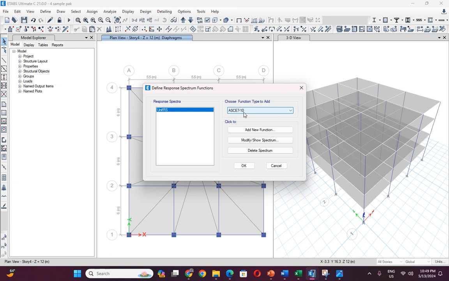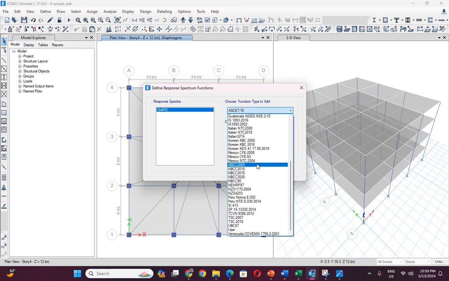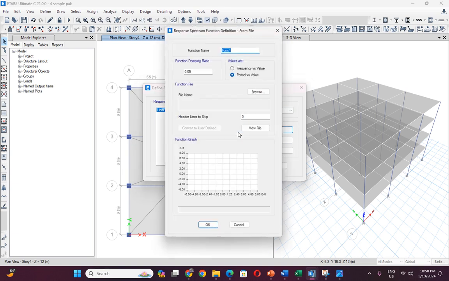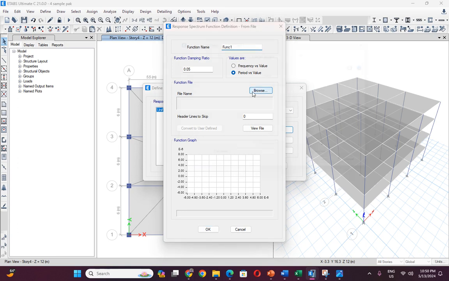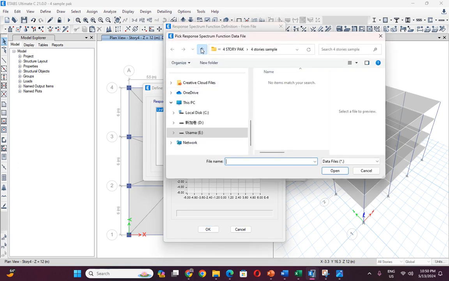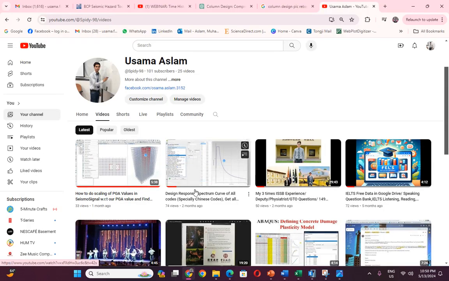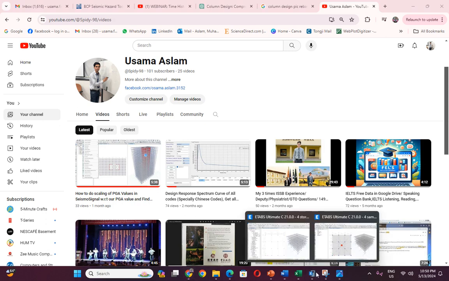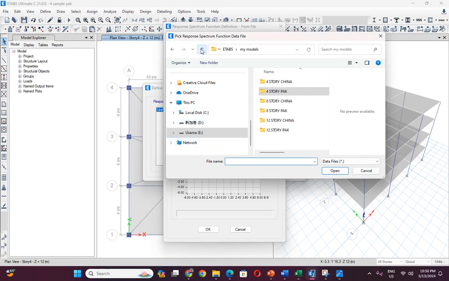But if, like the Pakistani code, it is not available here, then you have to go from file and add new function, and then browse, and you have to check where your response spectrum is. I already uploaded a video on how to get response spectrum for any code by SeismoSignal or SeismoMatch, and this is a very important thing, which I will tell you about later. First of all, let's import our